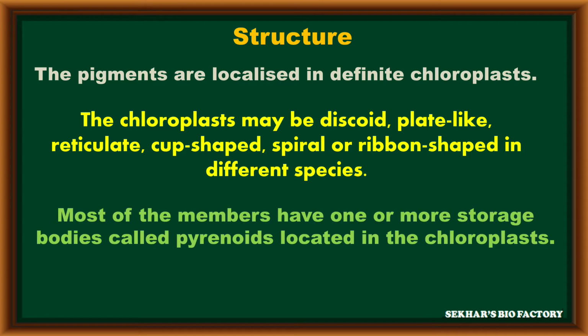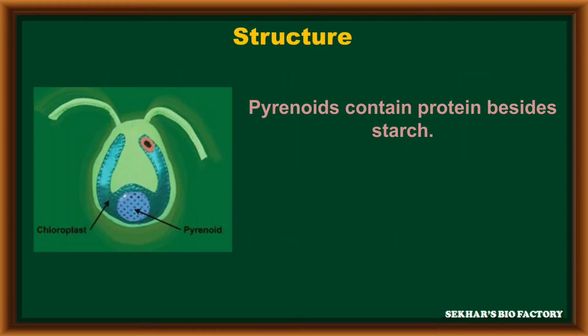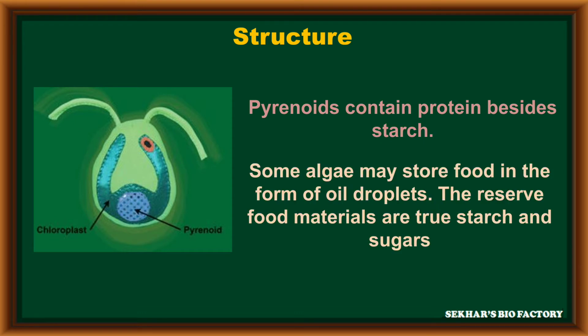species. Most of the members have one or more storage bodies. These storage bodies are called pyrenoids. These pyrenoids are generally present on the surface of the chloroplast. The pyrenoids contain proteins besides starch. Some algae may store food materials in the form of oil droplets, but the reserve food materials are true starch